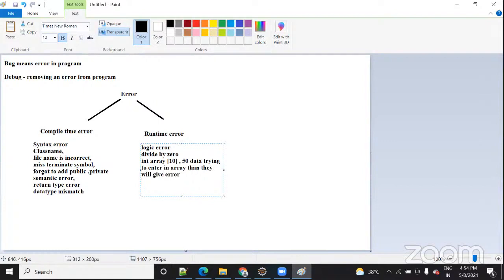So that is also a kind of error, but it won't give an error at compile time, because you are accepting the input at runtime, right? So that's why it won't give an error at compile time. Okay, because you are asking the user to enter data, just like a name.